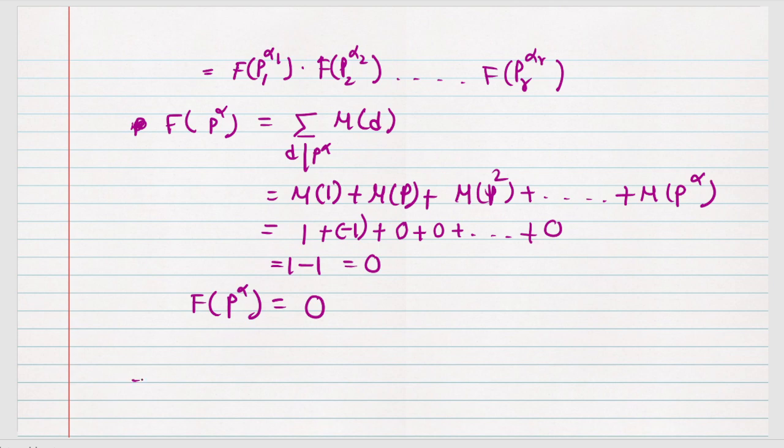Therefore we can write that F of n equals the sum of mu of d for d dividing n. So it showed that for any n greater than 1,